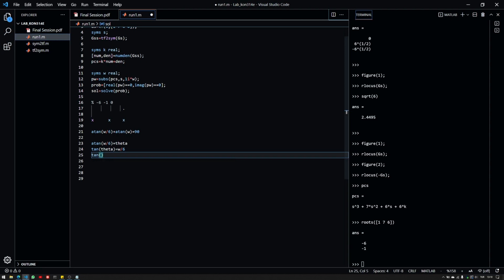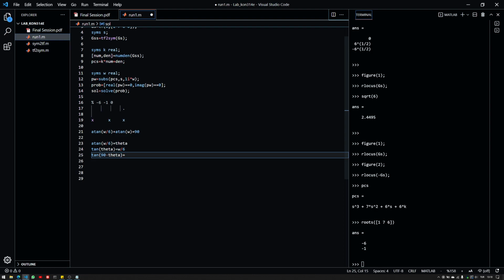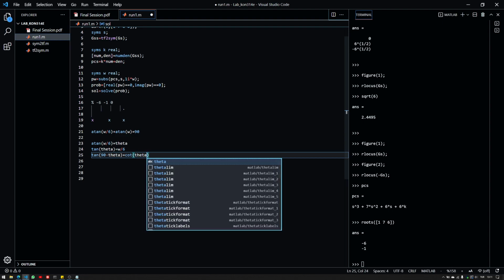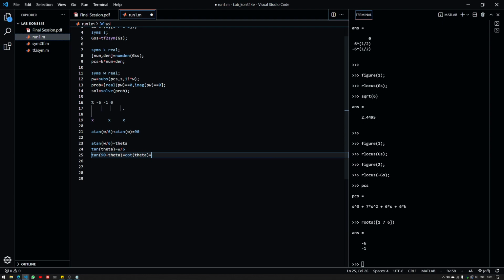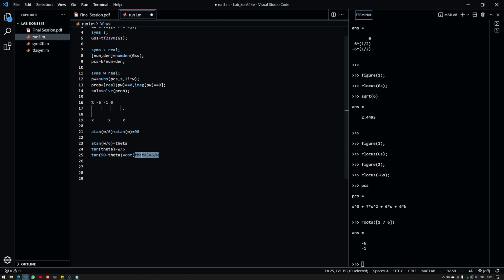What is 90 degrees minus theta? This would be the cotangent of theta, and since cotangent of theta would be 6 divided by omega, we can directly see that